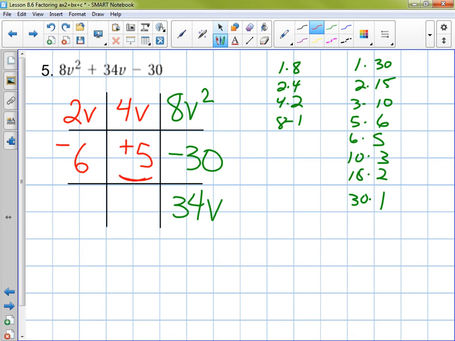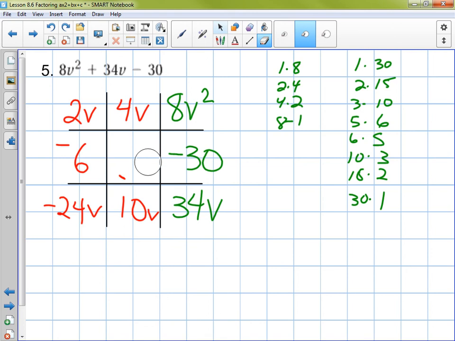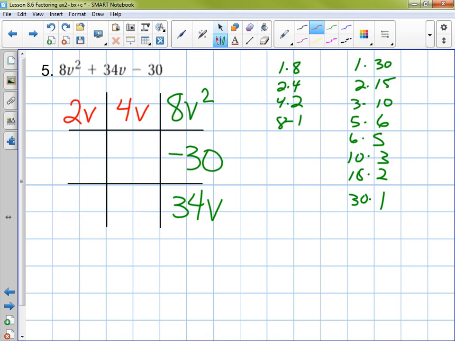So when I multiply, 4 times negative 6 is negative 24. And 5 times 2 is 10. But negative 24 plus 10 is negative 14. So that doesn't work. So we'll try something else. How about